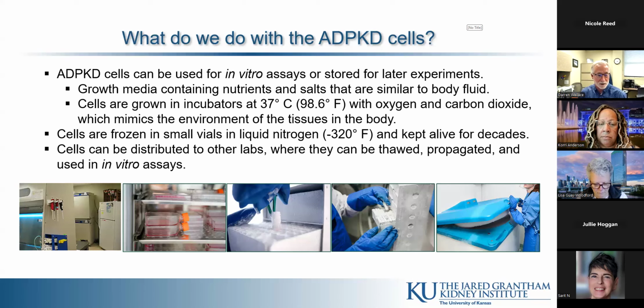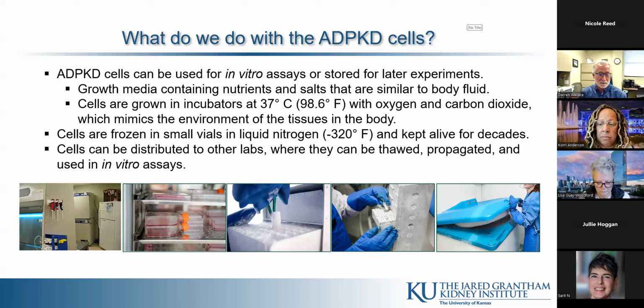The red appearance there is media that contains the nutrients and salt. It's red because it's got a pH indicator that allows us to know if the cells have consumed all their nutrients or have started to secrete acid into the media, because we can see a change in the color of that media. So these cells can actually be immediately used for experiments. This would be an example where the cells are being used in different types of assays, or they can be lifted from the surface and spun down and frozen in vials,